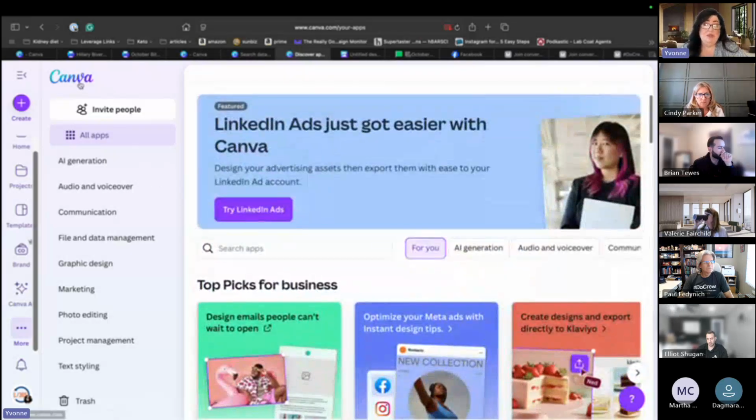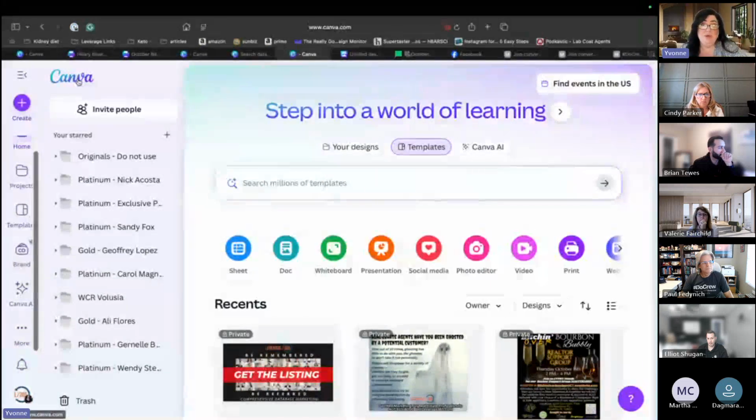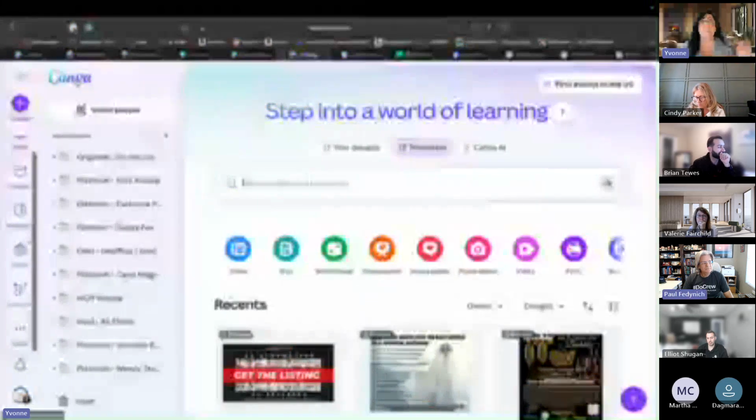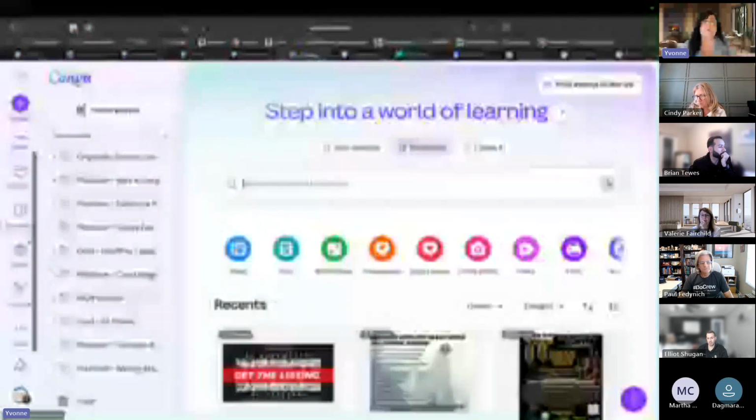But I always tell people, you have to start with a goal. What is the goal of what I'm trying to accomplish? Then you'll find the app that matches the goal, rather than going into apps and trying to figure out what you can do with this app. That's the rabbit hole. You've got to come here purposefully. As a coach, I tell people you have to focus, come here for a thing, get it done and get out. Otherwise you'll be here for 6 hours and get nothing else done for the rest of the day.